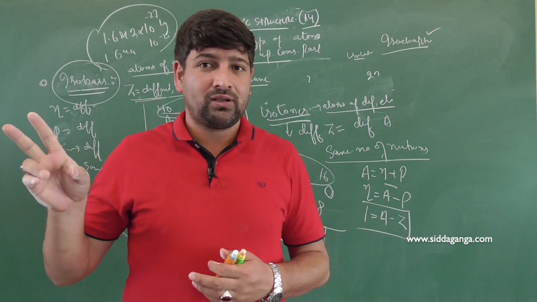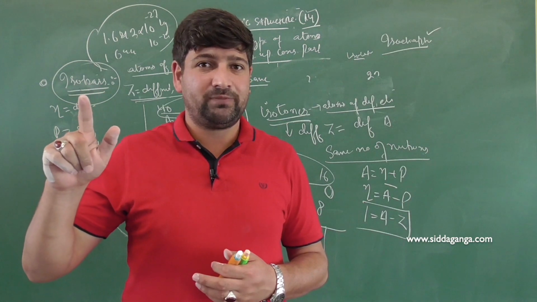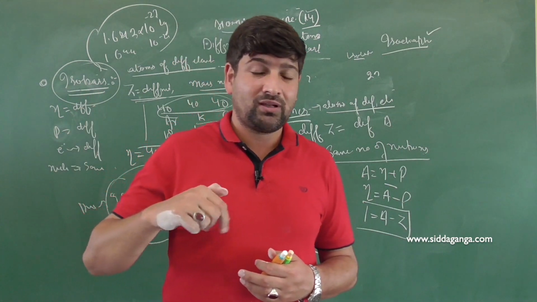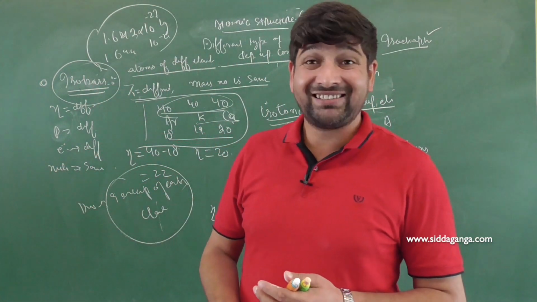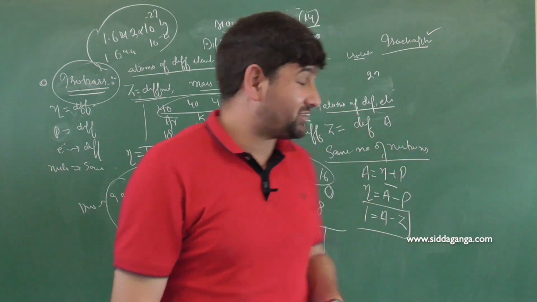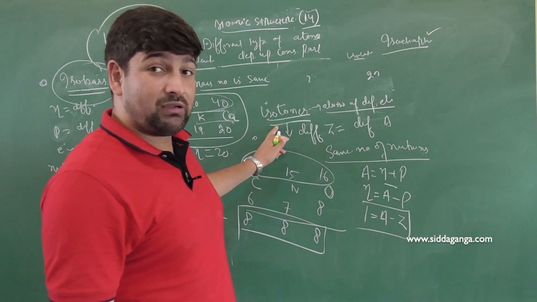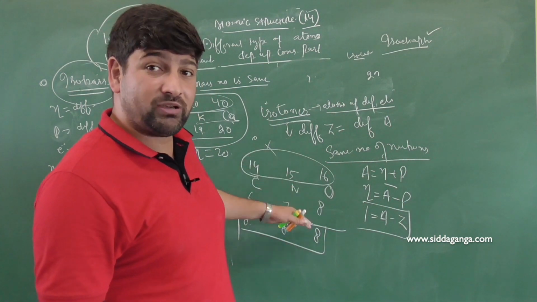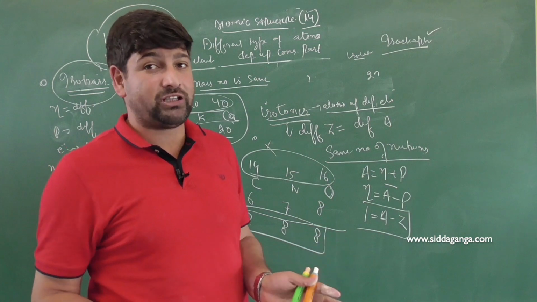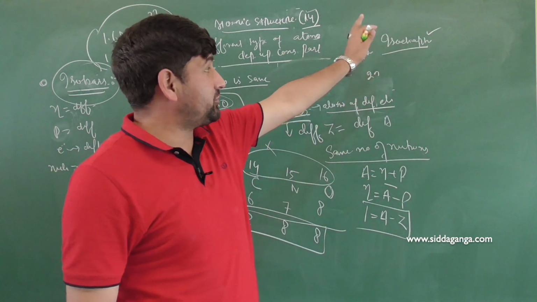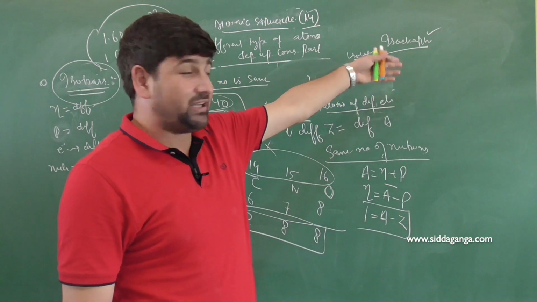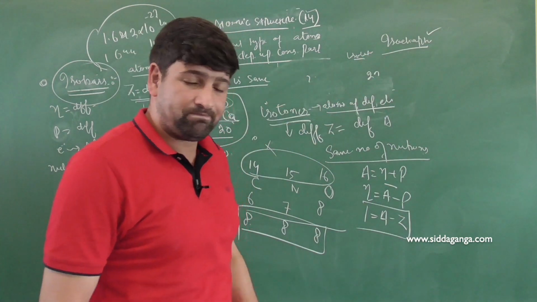Isotopes: atomic number same, mass number different. Isobars: atomic number different, mass number same, but different number of neutrons. What about isotones? Number of neutrons same but different atomic number, different mass number. According to that, properties will also vary. Then you have isodiaphers. What exactly isodiaphers are, you can have a look at a clear-cut discussion.